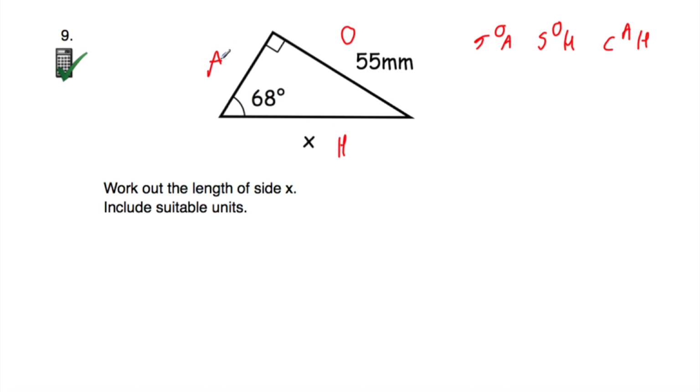Now if you notice in this question, we're trying to find the hypotenuse, and we've been given the opposite, and we're not using the adjacent, so we can cross off the A, and we can cross off any triangles involving the A, the adjacent, and we're left with sine. So in this question we're going to be using sine, and we want to find the length of this side,